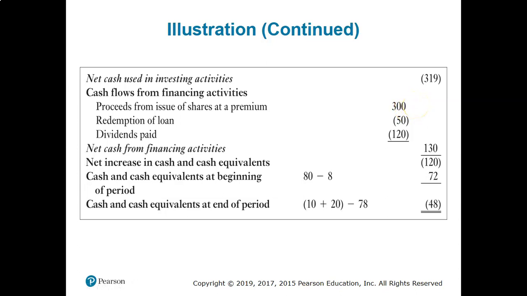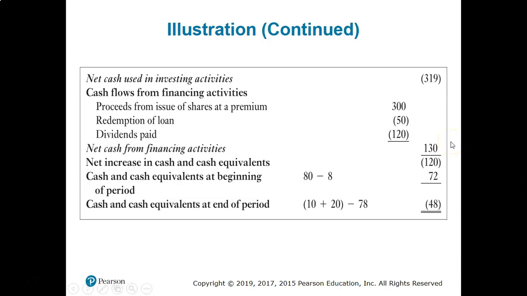So yep, 300 positive. Redemption of loan means you paid your borrowings, your loans. If you paid your loan, that means cash decreased, so you have to deduct it from here. And dividend paid, obviously, as you paid dividend to the shareholders, 120,000, that means it's negative again. So the net cash flows from financing activities is